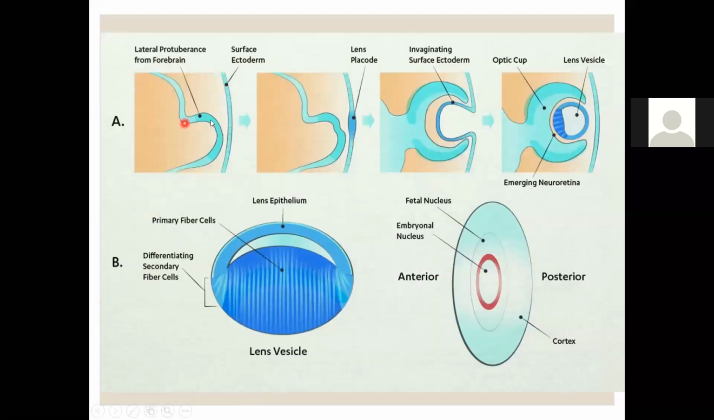Again, another very good diagram. This is the optic vesicle. This is coming in contact with the surface ectoderm. This is the lens placode, and as the lens is forming,